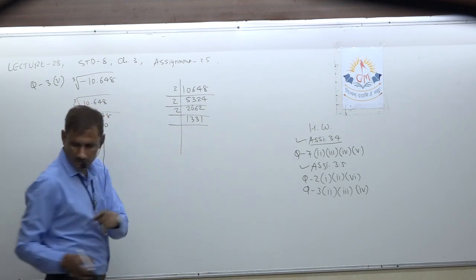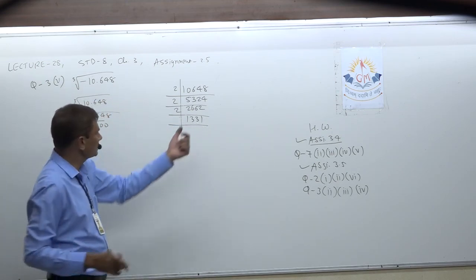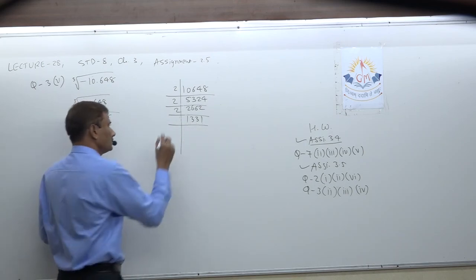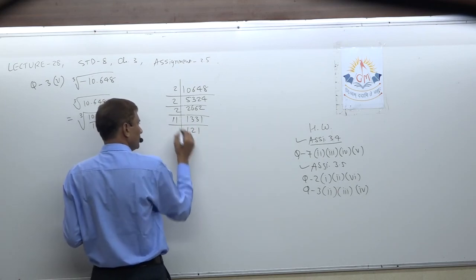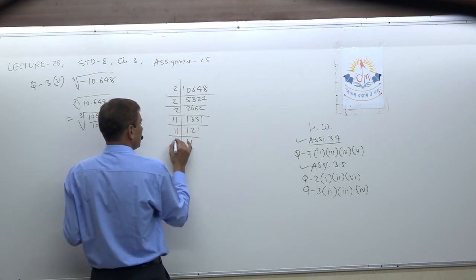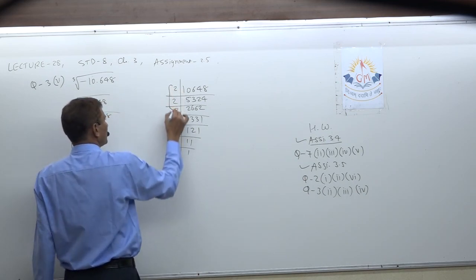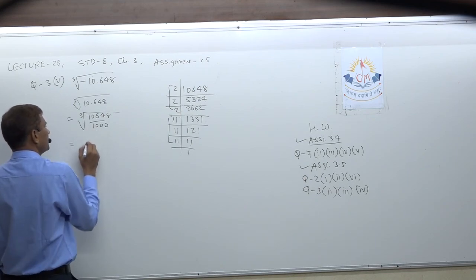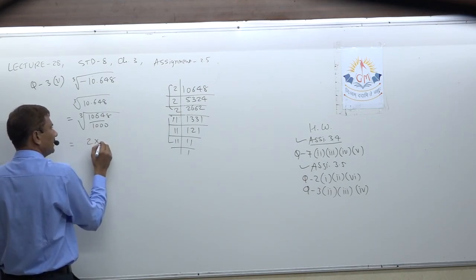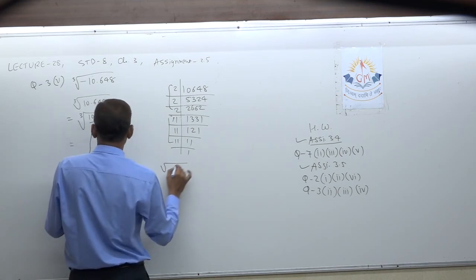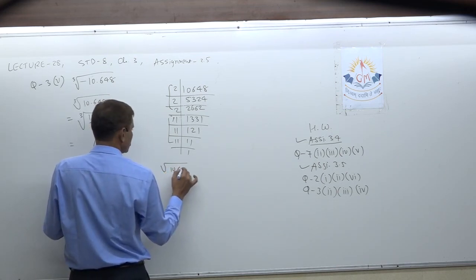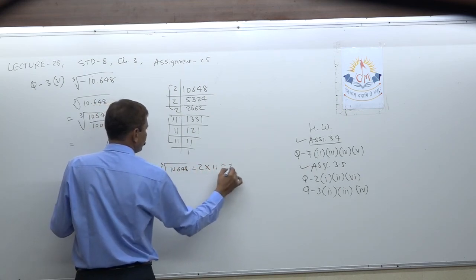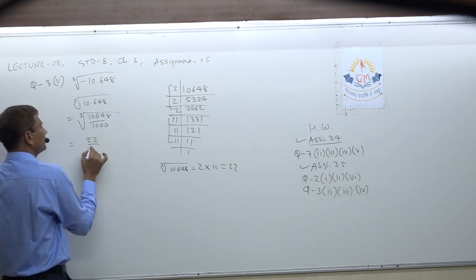In a previous sum only we saw that 1331 is the cube of 11. So directly jump to 1 into 11, 11 into 11, 11 into 1. So what did we get here? 2 pairs. So now you can say the cube root of this one will be 2 into 11, 22. Write it down separately also: the cube root of 10648 is equal to 2 into 11, 22. So write 22 here, and 10 here.